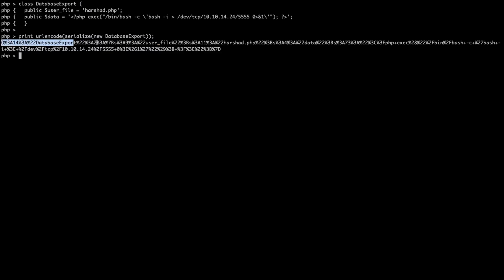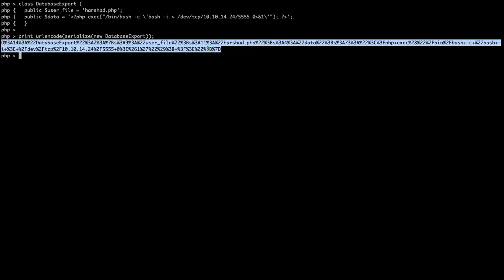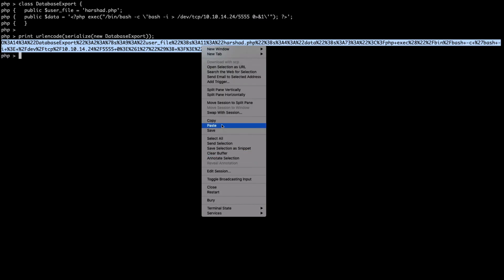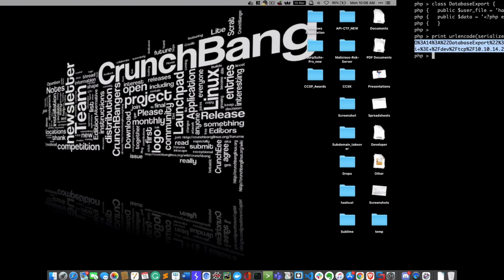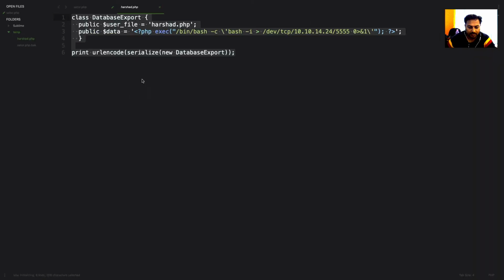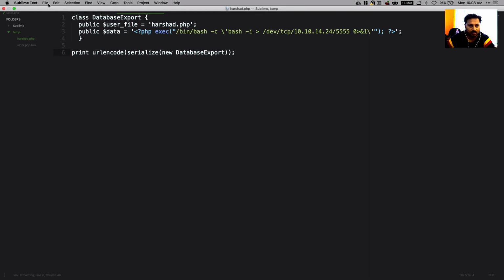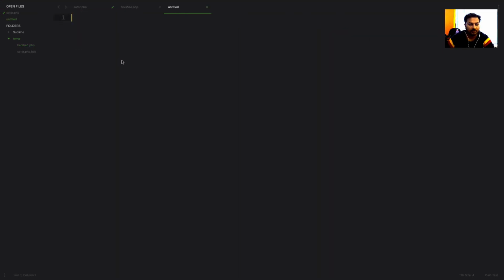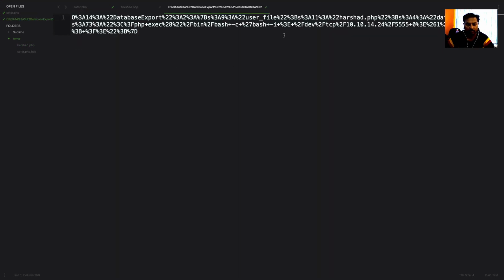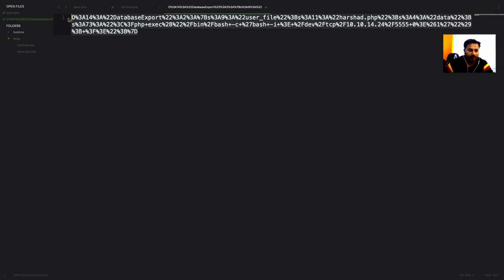I can simply copy that code and paste it. This is the URL encoding of whatever we have written in this function, class database export. So create a new file, and I'm going to paste this one. Now you have this code, but we don't know where we can add this, right?